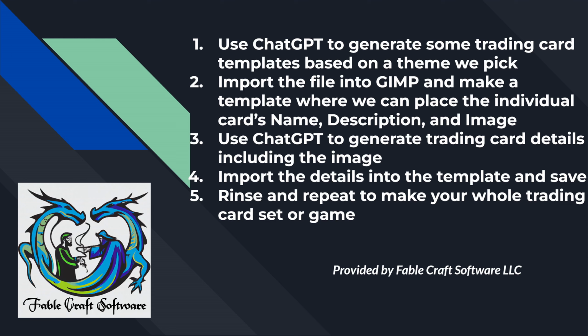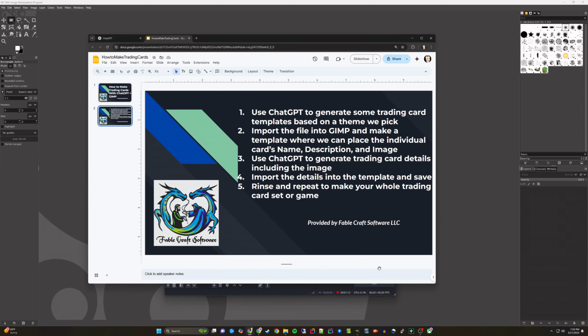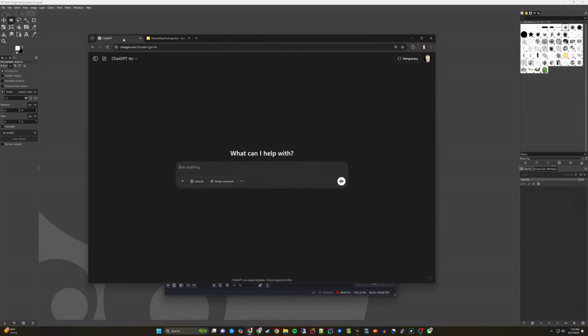for our card. Again, we will use ChatGPT to generate the details for a trading card. We will import those into our template, including the image. Then, to complete a full game or set, just rinse and repeat. Let's get started. First, go to ChatGPT and prompt it to understand the details of our theme for the game,